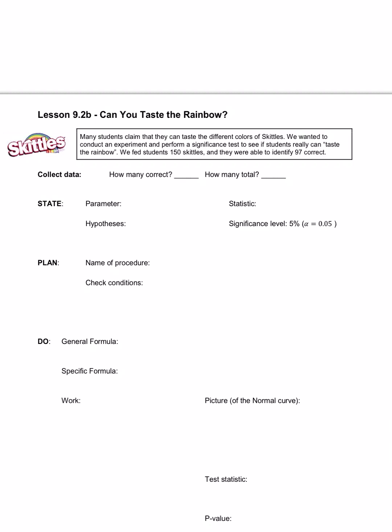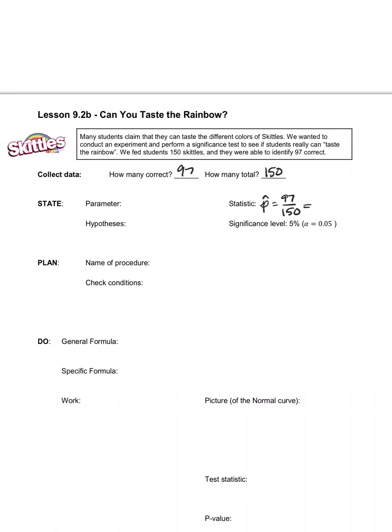They can taste the different colors of Skittles. We wanted to conduct an experiment to perform a significance test to see if students can really taste the rainbow. So there's 150 Skittles in the experiment, and they were able to identify 97. All right, so if we use our values, 97 were correct. How many total? 150. That together is going to give us our statistic, our p-hat,